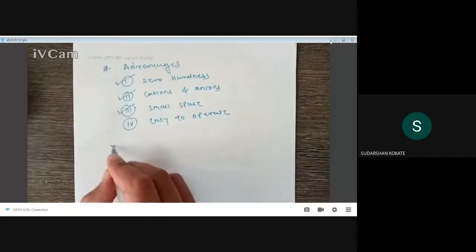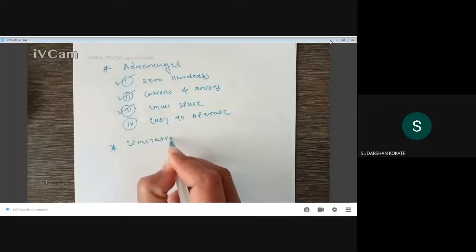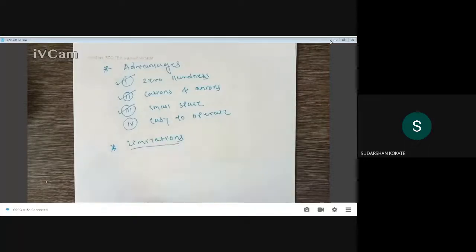Now, the limitations of this technique. The first one is that the initial investment is very high. This is one of the limitations. And the second is that this method can be operated only for small scale purification of water, right? It is applicable only for small scale purification of water. So these